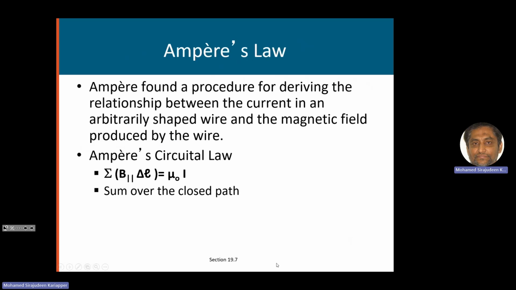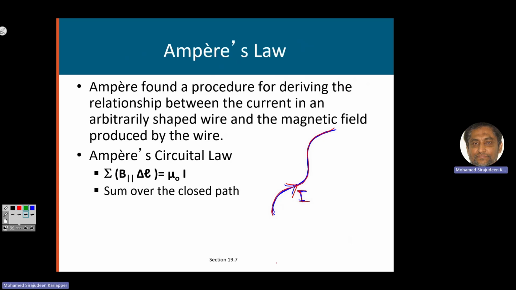Ampere found a procedure for deriving the relationship between the current and the magnetic field for an arbitrarily shaped wire. Let's say we have a wire like this, not necessarily a straight line, an arbitrarily shaped wire. Let me use red color for this wire. Through this wire there is a current I flowing. Then he said, fine, what you do now, you imagine